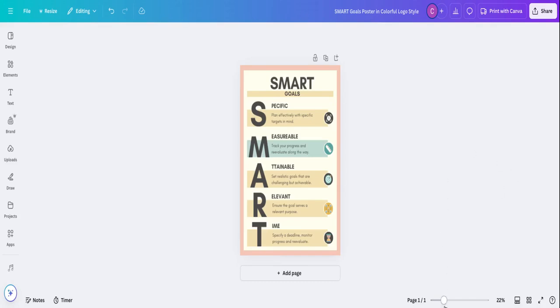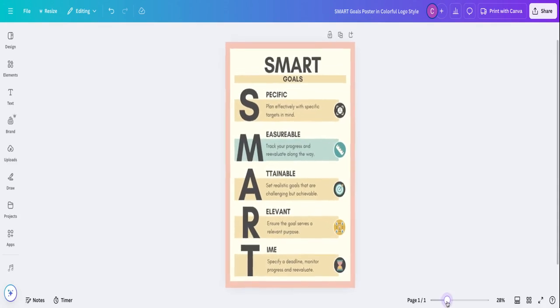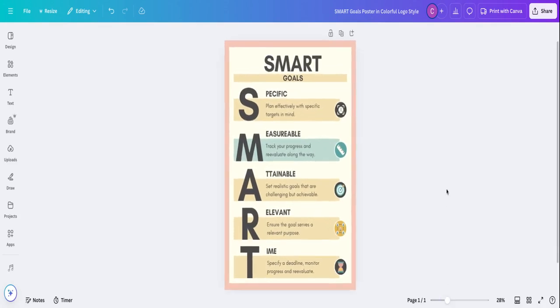Hey guys, so this is what we're going to talk about today. We're going to talk about SMART goals, right? Do you know what a SMART goal is? And did you skip this step when you started your marketing business? Because that's actually what you're doing, a marketing business, right? So yes, I'm in Canva. Yes, I want to show you that this is something that you guys can do.